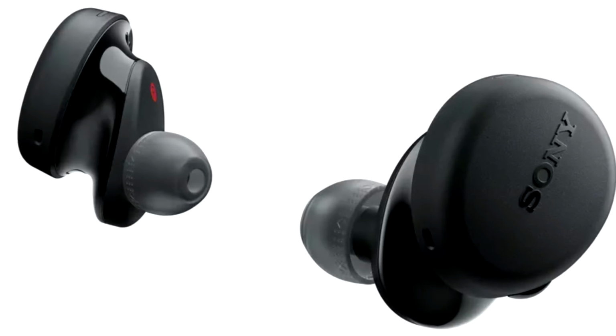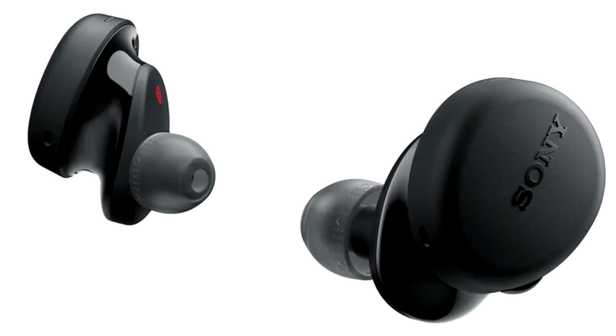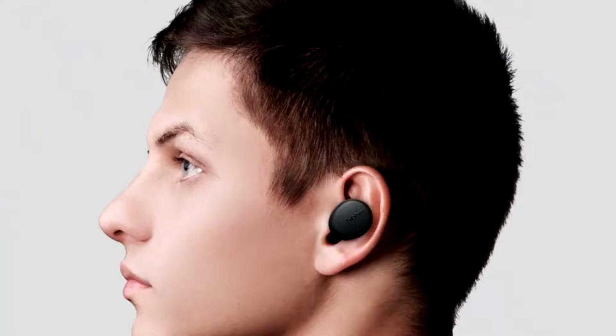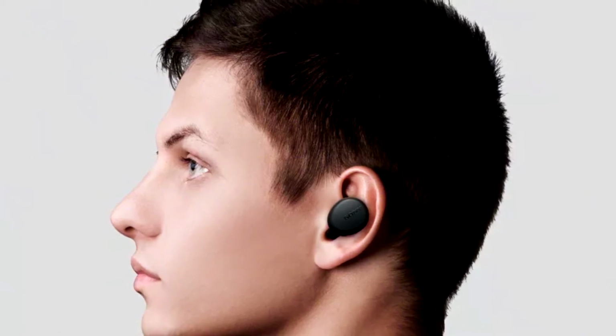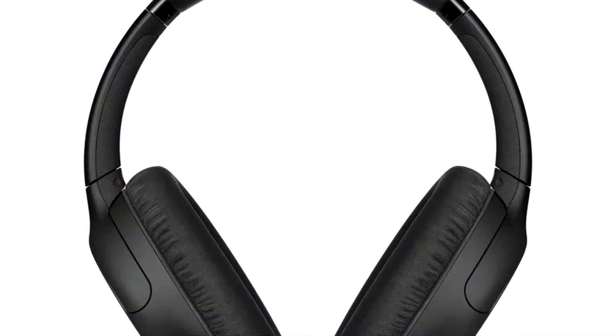WF-XB700 Extra Bass True Wireless Earbuds with Sony's Extra Bass technology, tri-hold structure. It creates a comfortable ergonomic fit with up to, get this, 9 hours of battery life. And an optional charging case delivers an additional 9 hours. You can even do a quick charge with it. 10 minutes on the quick charge provides about 60 minutes of music playback. Available in April for pre-order in black and blue. And then, of course, we have the